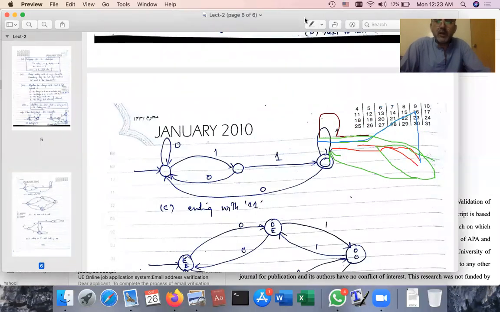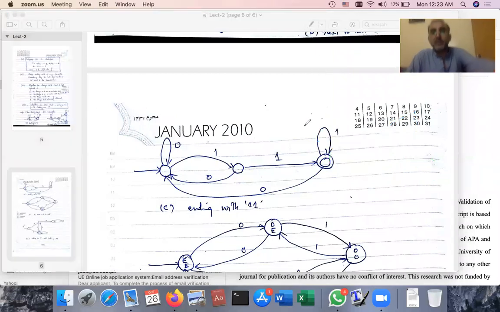I have to do something speedily because the battery is finishing. So now